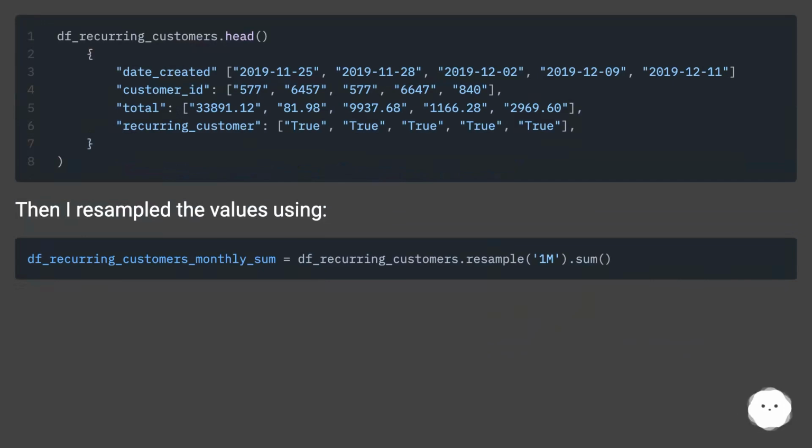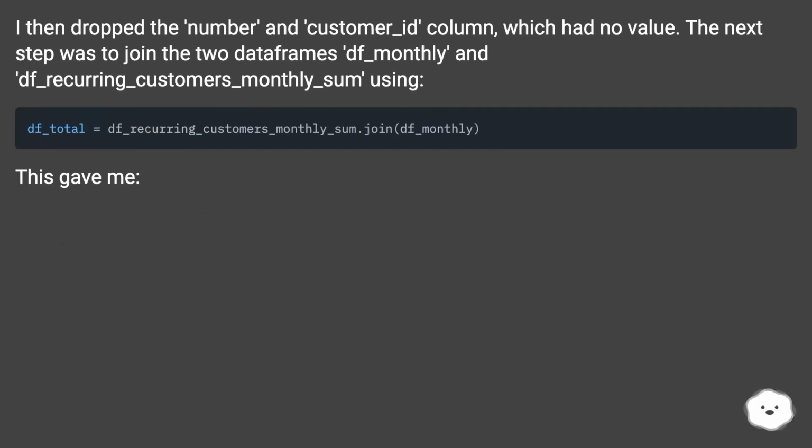Then I resampled the values using. I then dropped the number and customer_ID column, which had no value. The next step was to join the two data frames df_monthly and df_recurring_customers_monthly_sum using. This gave me